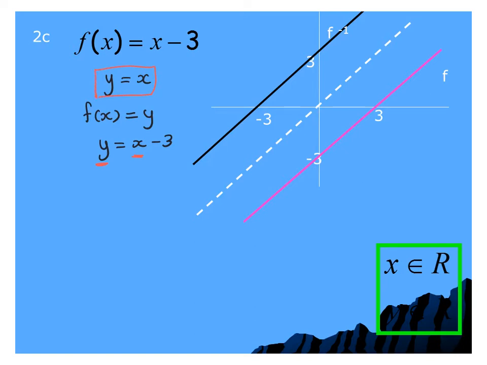And so what we land up with then is that x equals y minus 3. If I make y the subject, I will have x plus 3 equals y. I do not want to use the letter y, so I'm going to give it its inverse name. x plus 3 equals f to the minus 1 of x. So therefore, the inverse of f of x equals x minus 3 is f to the minus 1 of x equals x plus 3,